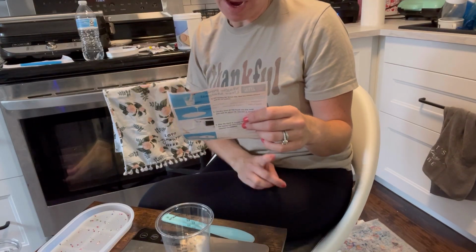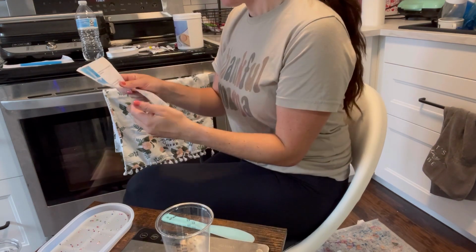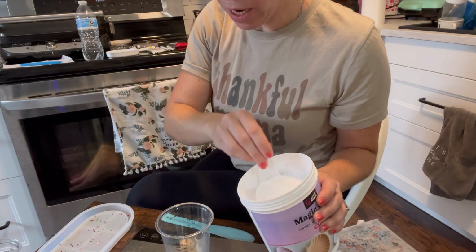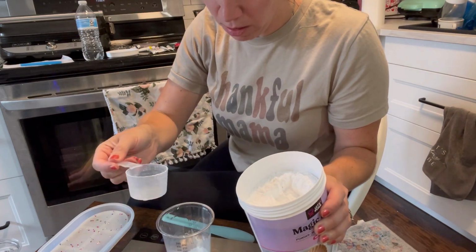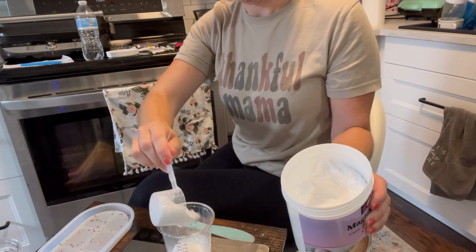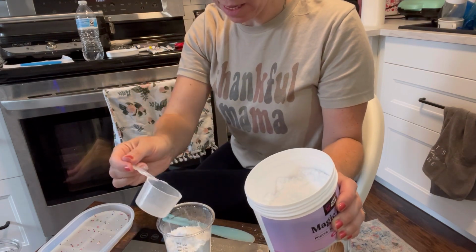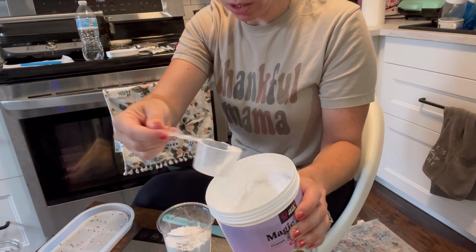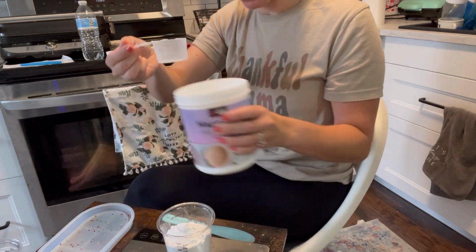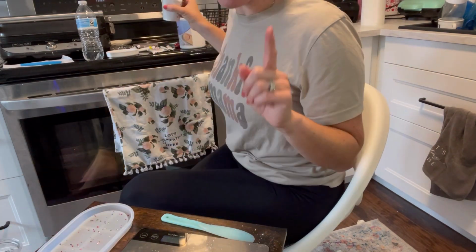All right, so once you have all of your materials, which includes your scale, you are going to first start with putting your powder in a cup and your water in a separate cup. So because of the mold that I'm using, I'm going to go ahead and use 200 grams. Well, that was actually my initial thought, but once I put 200 grams in the cup, it felt like it was too much. Again, remember, this is my first time doing this, and so I wasn't really sure what to expect, but I was worried that the 200 grams with the 67 grams of water was just not going to work in the cup. So I actually ended up pouring some out and decided that I was going to do